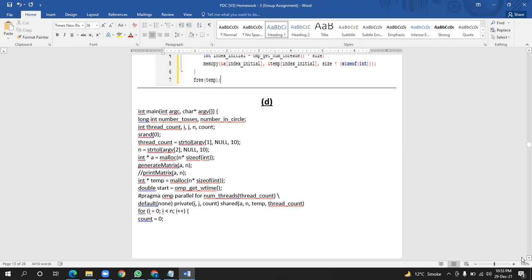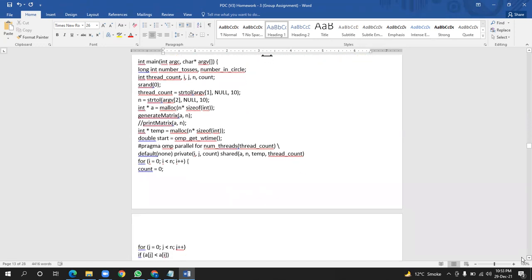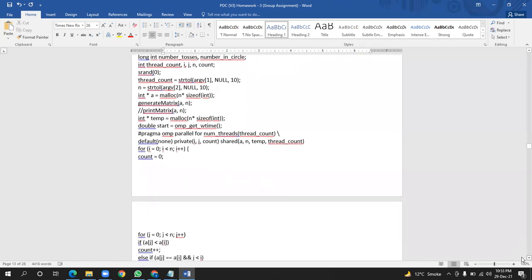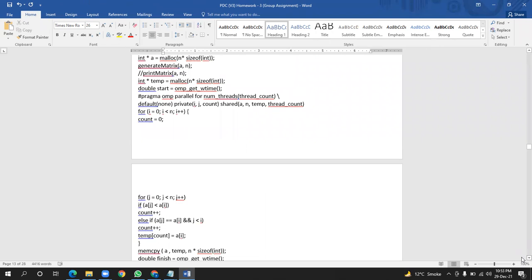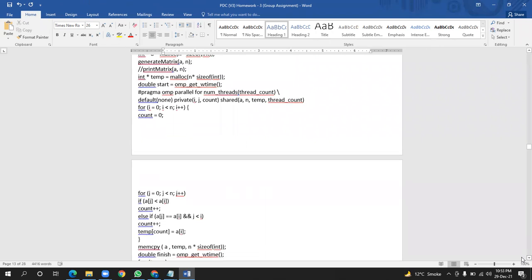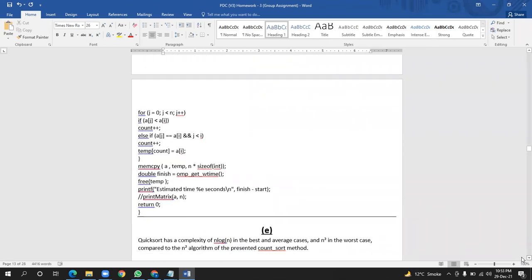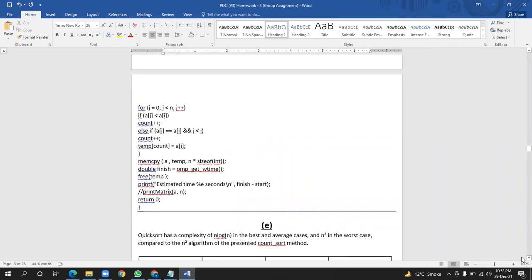And we use a malloc function, which is used to allocate memory for the temp array, with the size of integer multiplied by the number of integers. Then double start with omp_get_wtime, and pragma omp parallel with num_threads thread_count. We use a for loop: for i equal to 0, i less than n, i plus plus, count is equal to 0, and for j equal to 0, j less than n, j plus plus.